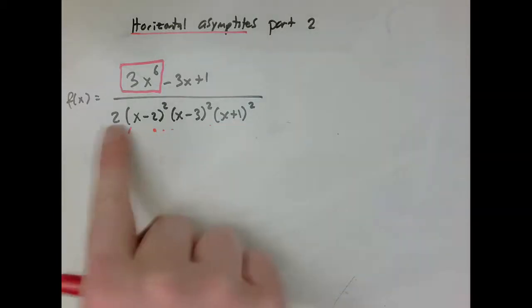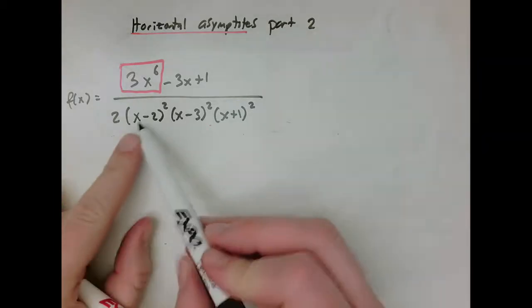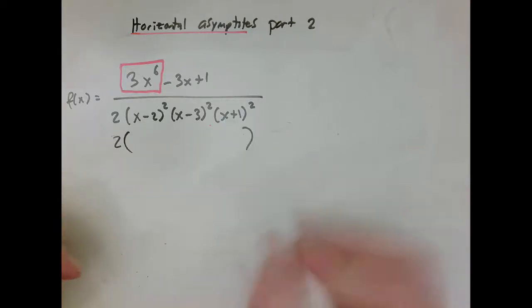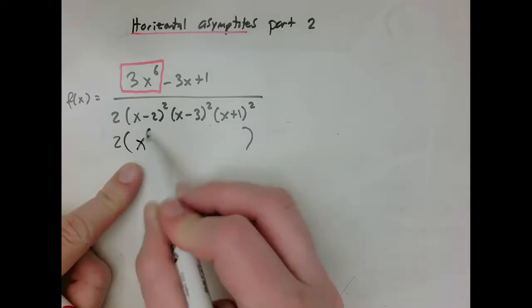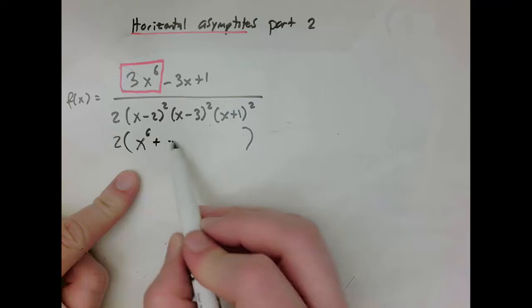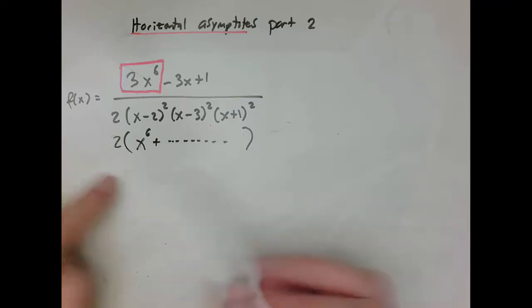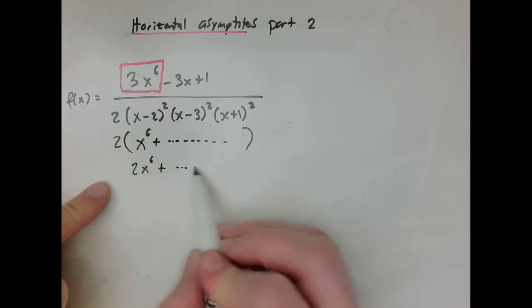So I know that if I was going to multiply all this out, my highest degree term would be an x to the 6th. What would its coefficient be? Well, let's see. The coefficient of all of these is just 1. So if I'm going to keep the 2 on the outside here and just multiply all of these out, I'm just going to have a single power of x to the 6th plus a whole bunch of lower degree terms. So then if I multiply the 2 in, I've got 2x to the 6th plus a whole bunch of lower